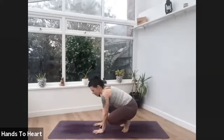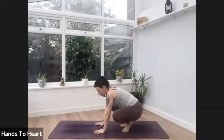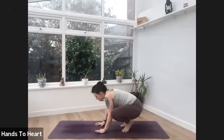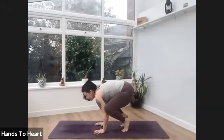Just bring your hands down to the floor. Rooting down through the hands. You can start to claw through those fingertips slightly. Again, if you've got a couple of blocks, place them under your feet so that you're a little bit higher already. From here, lift those hips, push through the feet, lean forward, look forward towards the front of your mat,